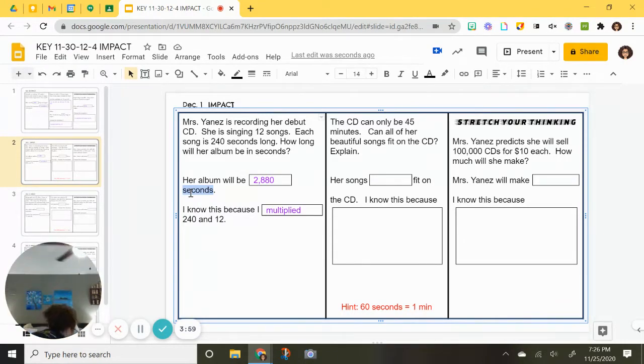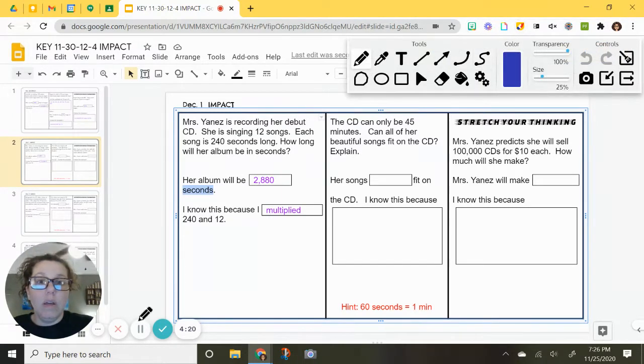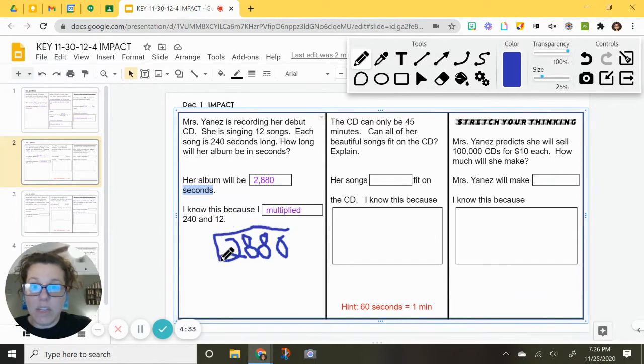I'm going to put you down. So I need to change or convert my seconds into minutes. The way you can do this is by dividing. We're going to divide the amount of seconds into minutes. So what we need to do is, this is our total so far, 2, 8, 8, 0. That's seconds, and to get them into minutes, I have to divide by 60.